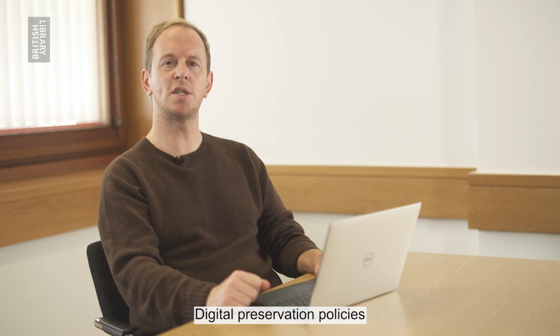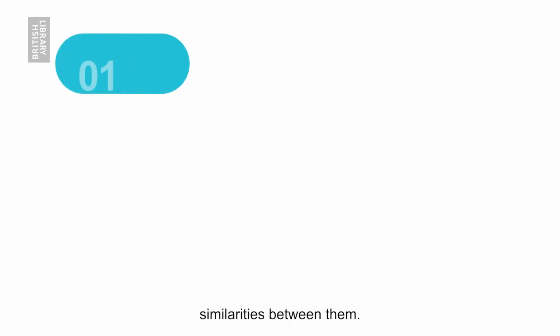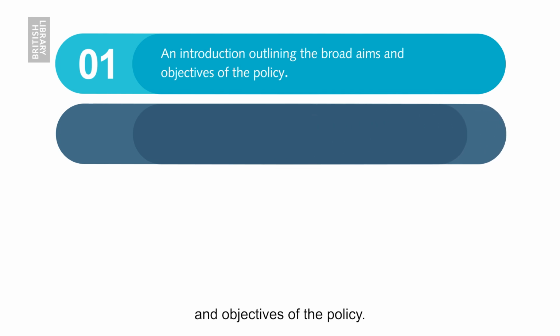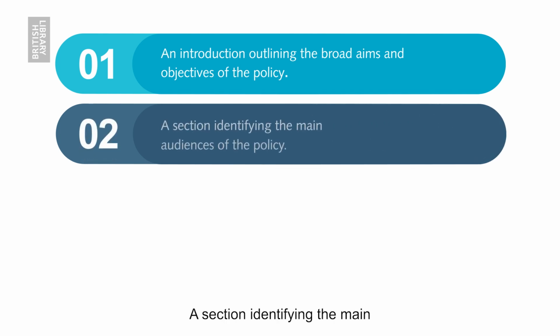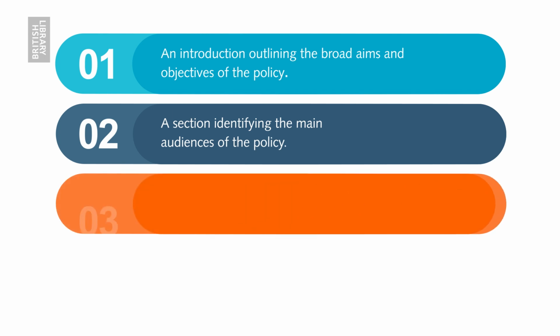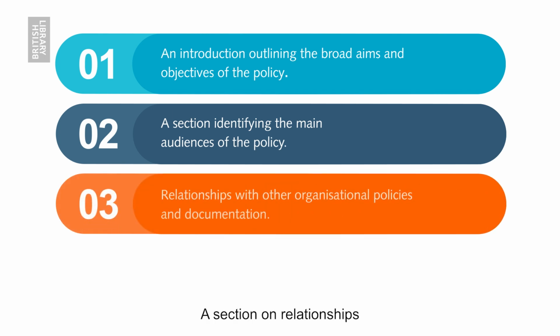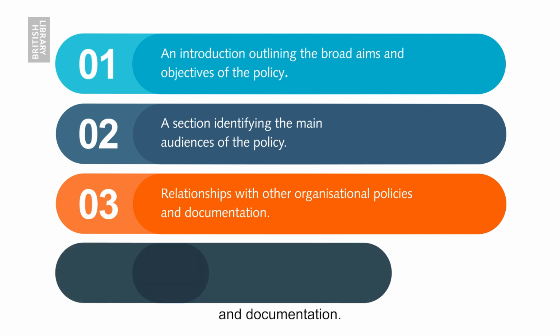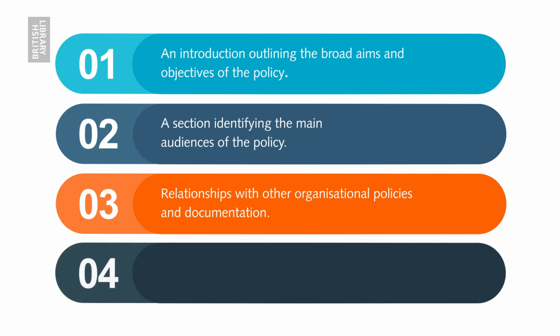Digital preservation policies take many different forms, but you will probably notice similarities between them. They often include an introduction outlining the broad aims and objectives of the policy, a section identifying the main audiences of the policy, a section on relationships with other organisational policies and documentation, a section on the scope of the policy,